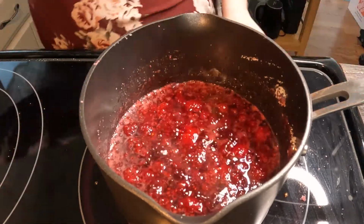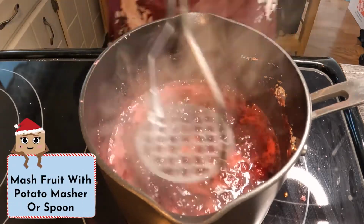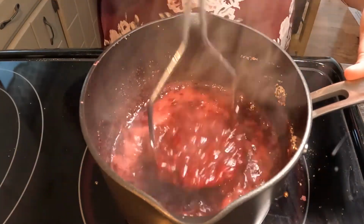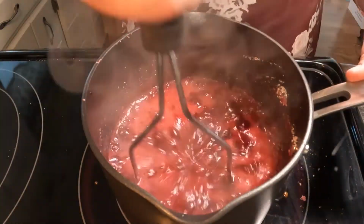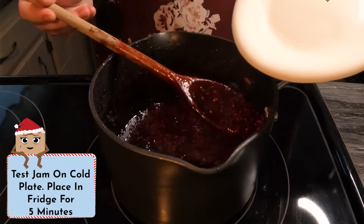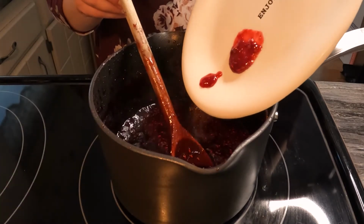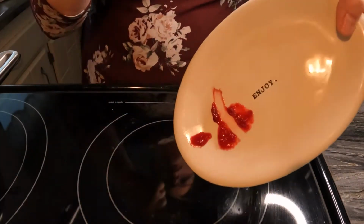You can mash up the berries with a potato masher like this one or the back of a spoon, just so your jam has a nice smooth consistency. Cook this, stirring frequently until it's nice and thick. To test if your jam is ready, add a dollop of jam to your cold plate that was in the fridge, and if it doesn't slide around and if it gels up nice and thick like this and doesn't move,